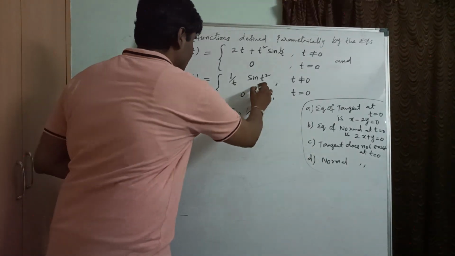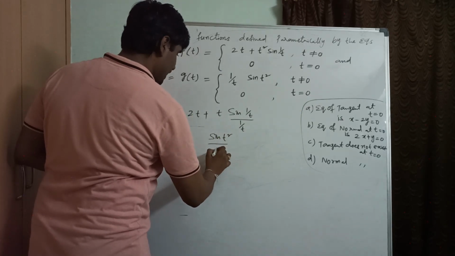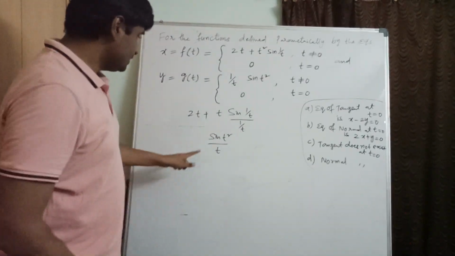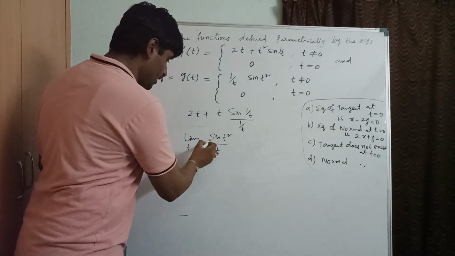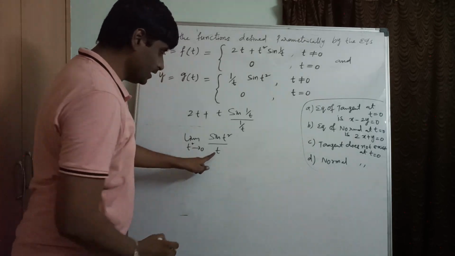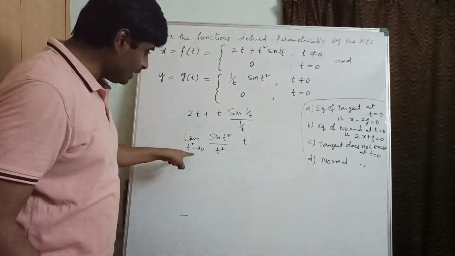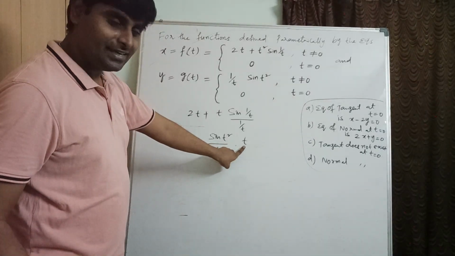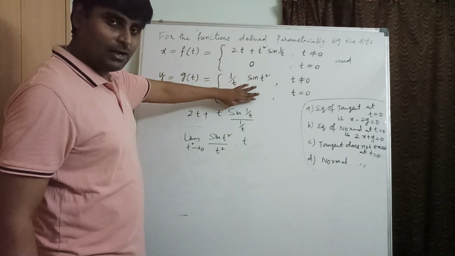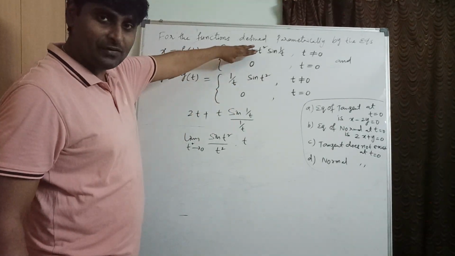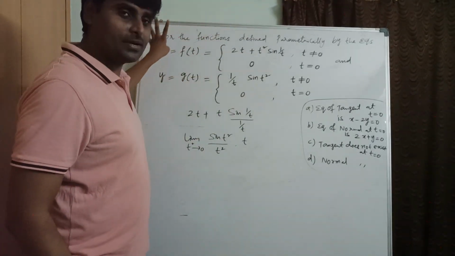Sin t square, this one. See, it's very easy. Sin t square by t, correct? Generally, limit t tends to 0. Here beside sin t square, so t square tends to 0 I can write. Here also we need to have t square into t. Anyway, this will become 1. But one more t is left. Here if you substitute 0, 0. That means here limiting value equal function value. Here also limiting value equal function value. So function is continuous. Given function is continuous only.